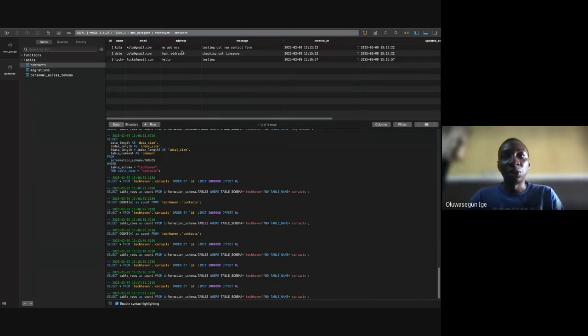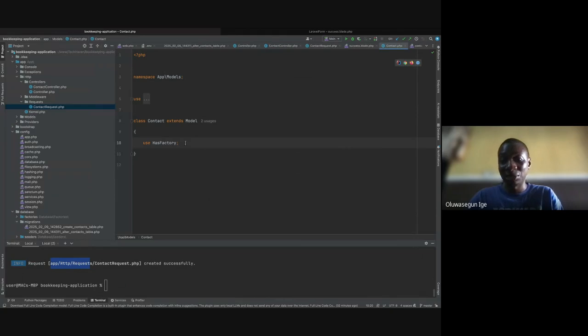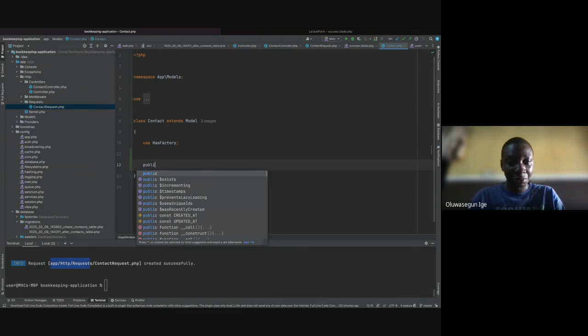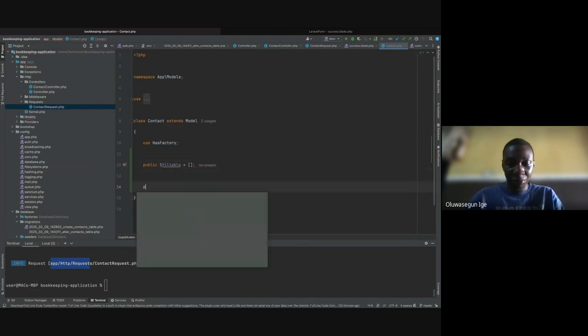I don't want somebody on the form to go and add an extra value, or create an extra field and send it together to this table. I don't want that. In order to avoid somebody messing up my database, whether by a mistake from the front end or intentionally, I will always advise that you go with mass assignment. So how do we do mass assignment in Laravel? So simple. I always make use of this method, fillable. I will explain. Some people make use of this other method,